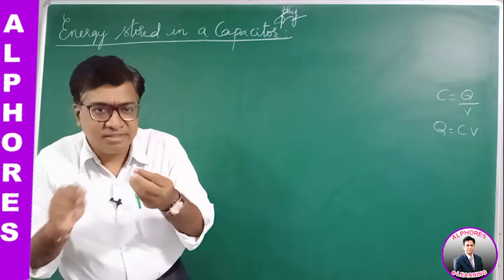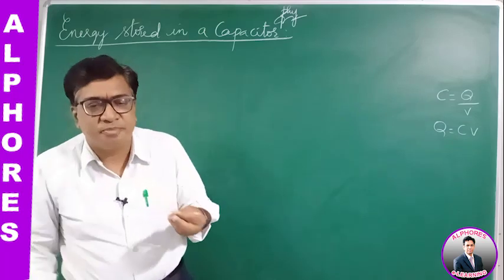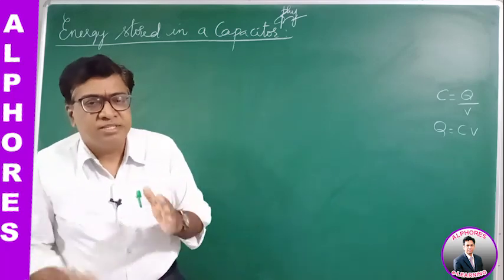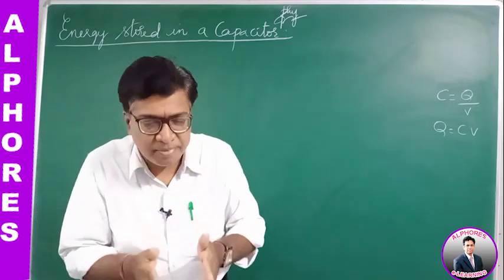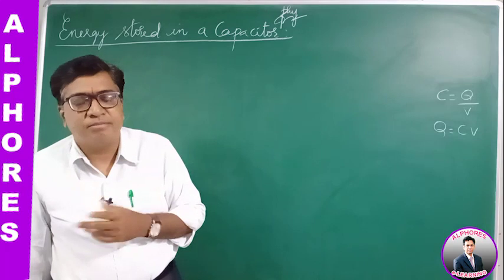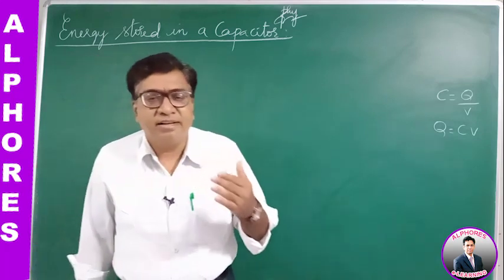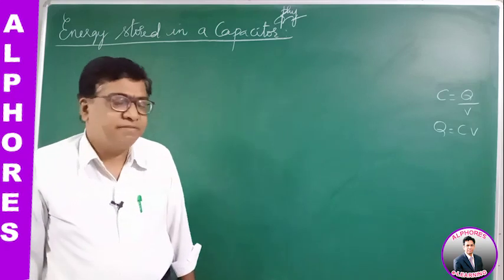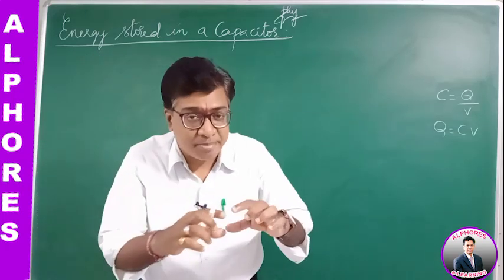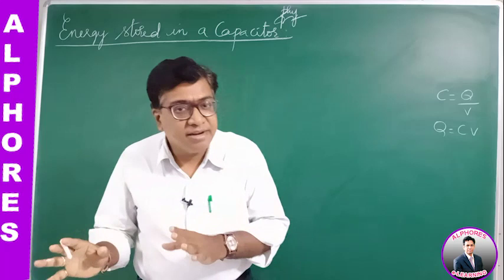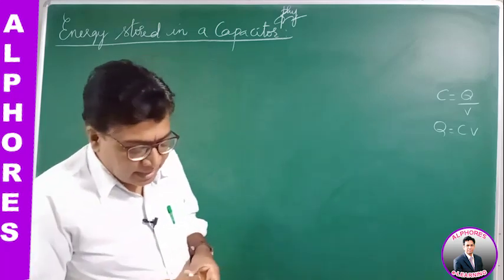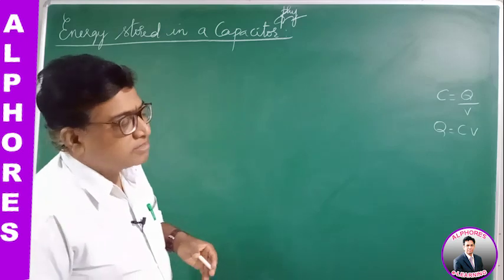Spherical capacitor is the combination of two concentric spheres. One is earthed, the other one is charged. Similarly, the parallel plate capacitor has two parallel plates, one of the plates connected to the earth. Then the cylindrical capacitor, and so on. Later we took the combination of capacitors in series and in parallel. Now we shall talk about the energy stored in a capacitor.